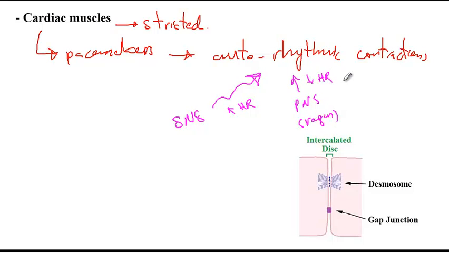decreases heart rate. Another important difference between cardiac muscles and skeletal muscles is the presence of gap junctions in cardiac muscles. So there are structures called intercalated discs where the plasma membrane of two adjacent cardiac cells are held together. Mechanically, these two cells are held together by desmosomes, while their cytoplasm is connected to each other by gap junctions. As a consequence, gap junctions will now allow an impulse to get easily transferred from one cell to another one. So consequently, considering that cardiac muscles are branched and they have gap junctions,